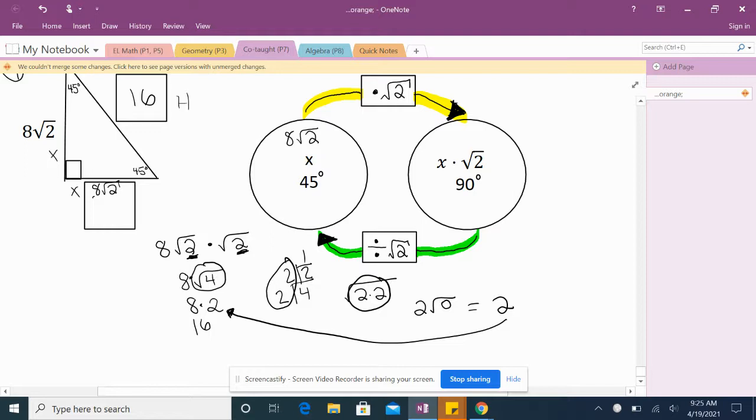If you don't remember how to do this in your head,